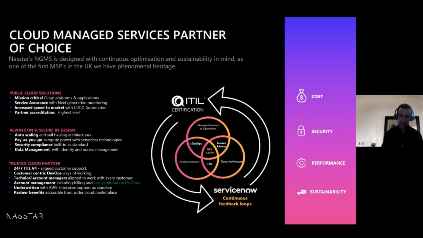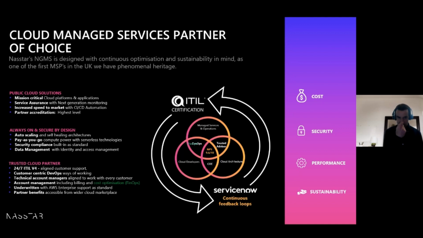We also create this trusted advisor role, which means our architects are aligned to our customers. So they almost become that mini cloud CTO for our customers and can help translate all of the things that are happening within the hyperscaler and the industry into something relevant to that specific customer's roadmap, milestones, or business challenge. By overlapping our development and architecture communities, we develop our own cloud center of excellence. Those virtual roles within our delivery model mean that anyone working with us as part of an MSP agreement will naturally get a cost optimization service as an ongoing feature, around cost, security, performance, and sustainability.